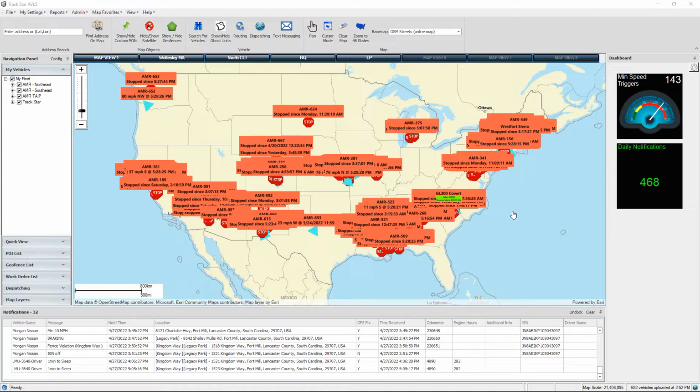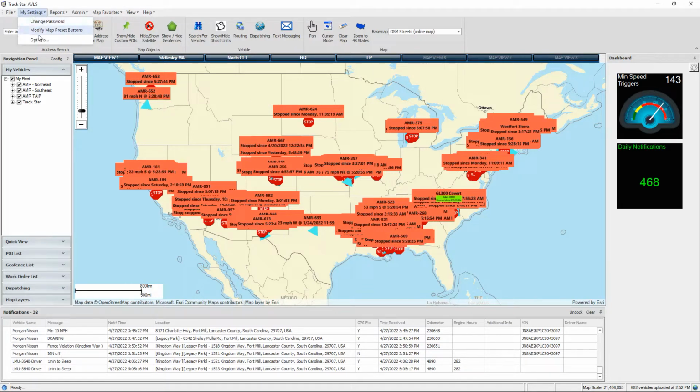In the new platform, users are able to do all of the things that they currently do in the AVLS system. The notifications, the GPS tracking, the geofences, and all of those things, including the reports and other aspects, remain the same. Things that we've added in the new version are fairly simple. We did try to keep the changes to a minimum as far as user interface goes, but we have added